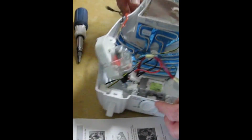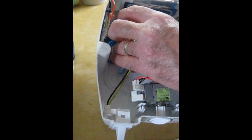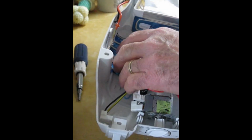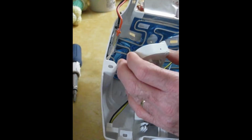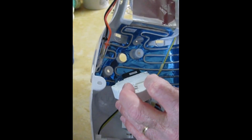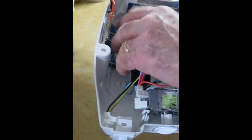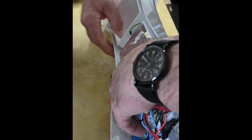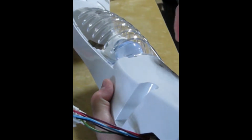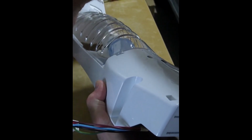Now we're going to place our defrost timer back into position. See, here are the holes for the screws, or the inside holes of the screws, and here are the posts, 1, 2. So we're going to line up these two screw holes with these two posts and just place it back in the position that it was. Then we're going to get our Phillips head screws and we're going to reattach that. So let's put one of them in there and get our screwdriver